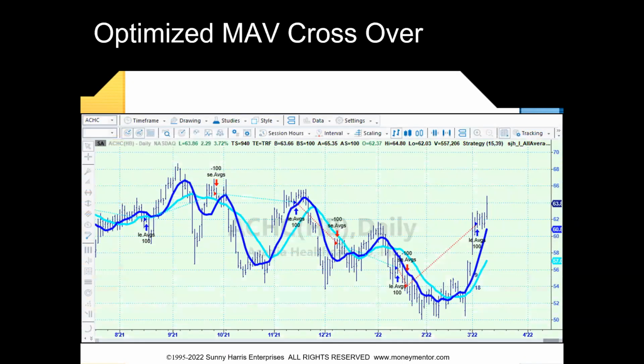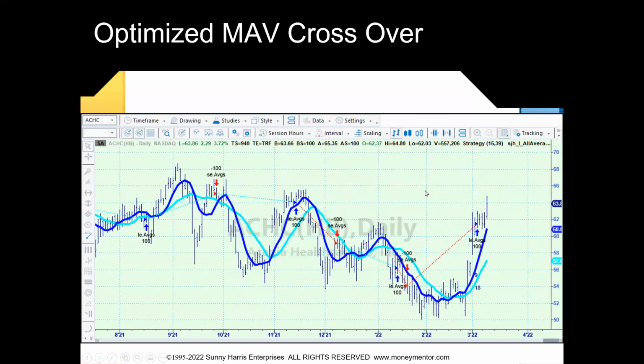If you optimize and use the crossovers, you get different values. But you can see here, see this red line? That means that was a loss. This red line means that was a loss. This cyan line means that that was a winning trade. So all the red ones you see are losses. So getting in at the top doesn't look so good. I'd rather get in at the top here and ride it down to there. And I'll show you how to do that in a few minutes. Than to get in near the top and ride it all the way down to here.